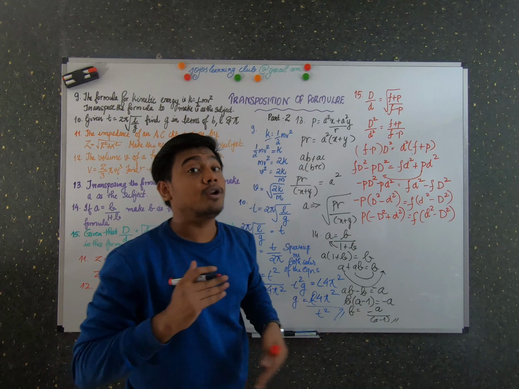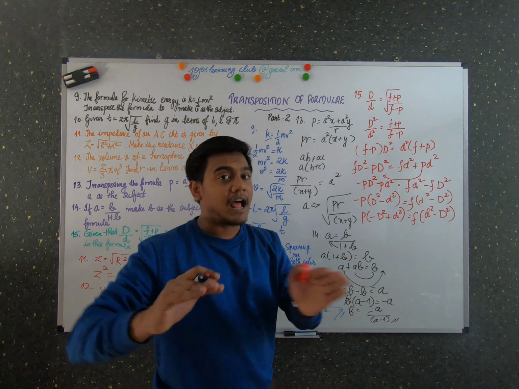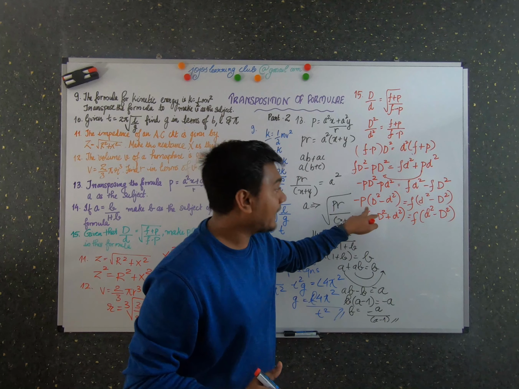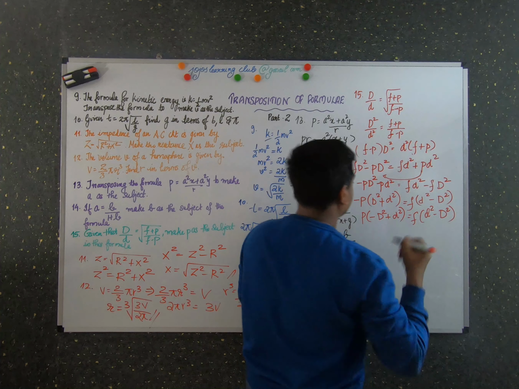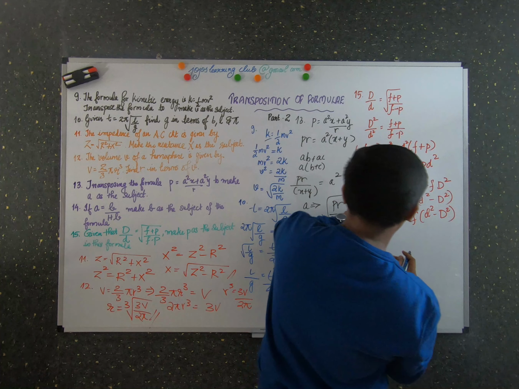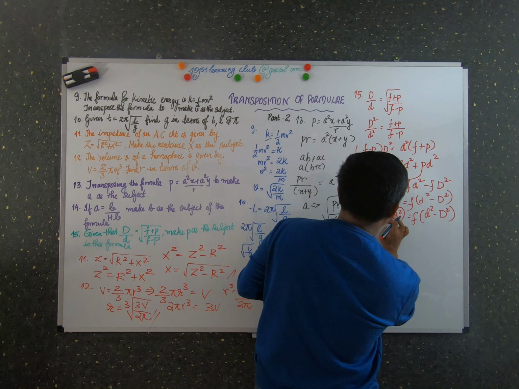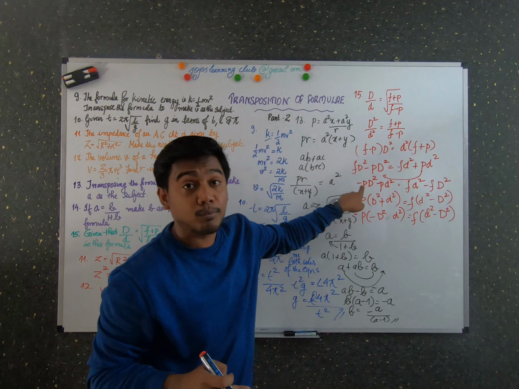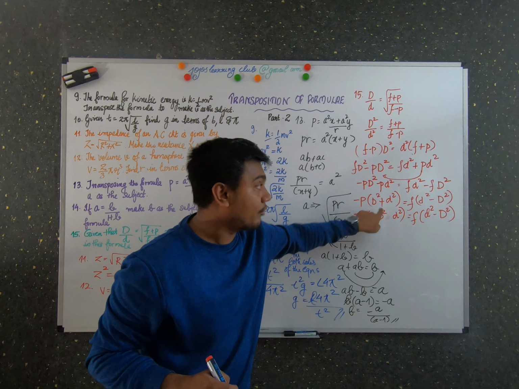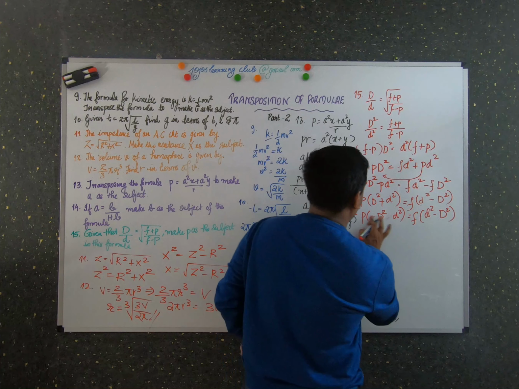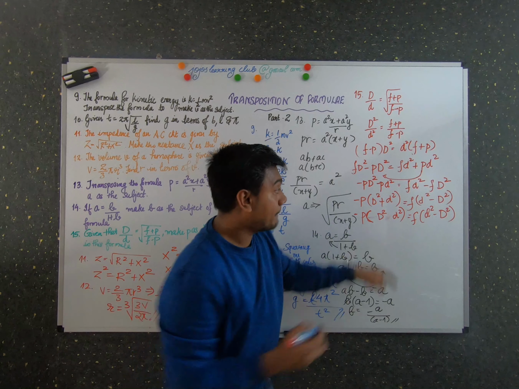Then what did I do? I wanted to get P as the subject. So I tried to group together all the terms with P and the other terms without P on both sides of the equation. So minus P I took as a common factor. So what happens? D square is there and there is a plus sign over here. Okay, I can't take it like that, because both the signs are minus. I made a small mistake over here, so I have corrected it. So I'm not going to take anything common. So minus P into (D square plus d square).